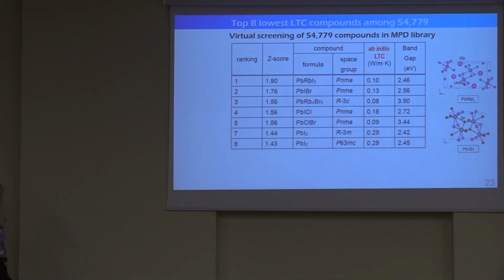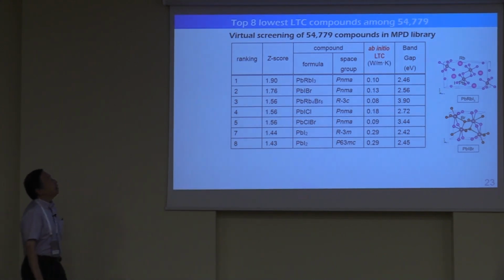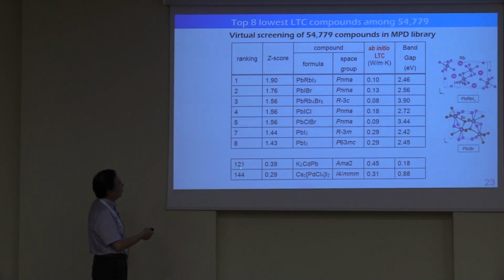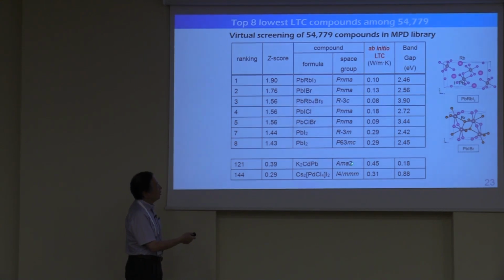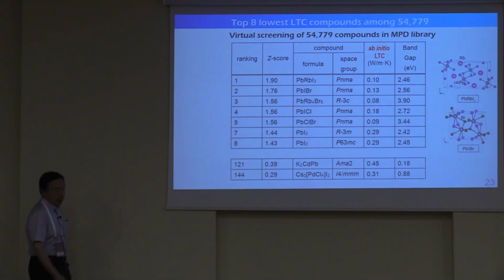But as a thermoelectric application, we worried somehow about the band gap, because the band gap for this material is quite high. And it may not be useful for a thermoelectric material, which should show good electric conductivity. So we have a list of 55,000 compounds and found that at ranking number 101 to 1, there is this compound which has quite reasonable lattice conductivity with quite narrow band gap. So this may be a good candidate of lattice